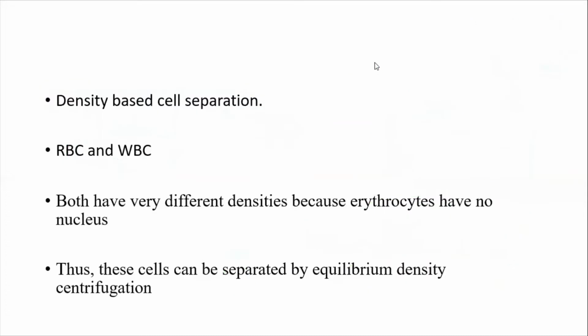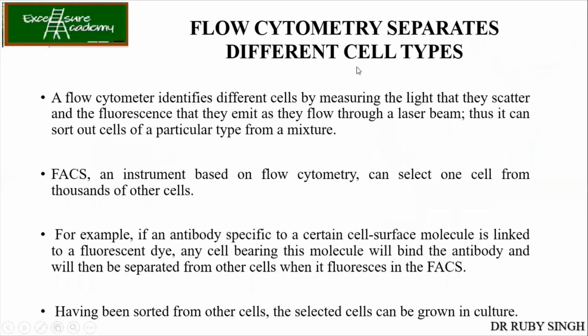Now, another method is to use flow cytometry. Even if you have thousands of different types of cells together, this technique has the ability to purify each different type of cell into different vials. So even if you have 1,000 types of cells, it has the ability to differentiate them into 1,000 types.